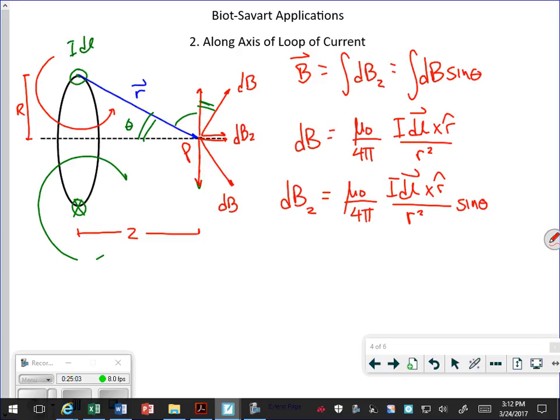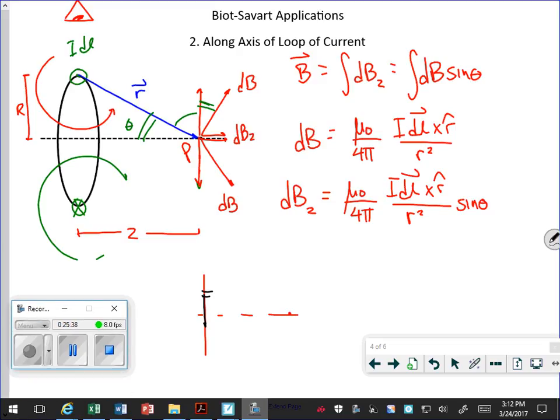If we look at a top view, like an eyeball looking down, there's the hoop, and here's our point Z. I'm just taking the three-dimensional aspect out. An I dl might look like this, and an r vector